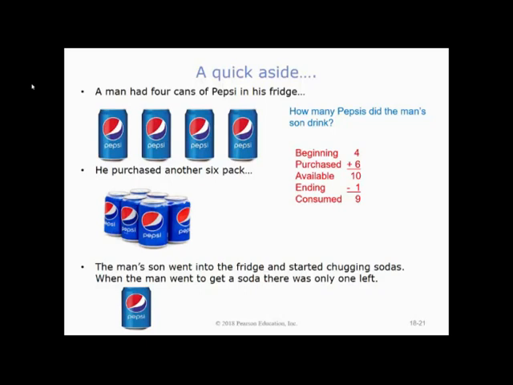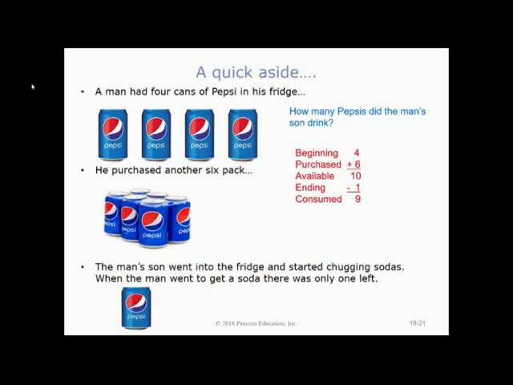And that is the same exact process that we just use repeatedly for a manufacturing firm over and over and over again to figure out the changes in our different inventory accounts. You always take your beginning, add to it your additions, in this case the amount that was purchased, and that gives you the amount that was available for use. And then you subtract out whatever you have left, what you didn't use,